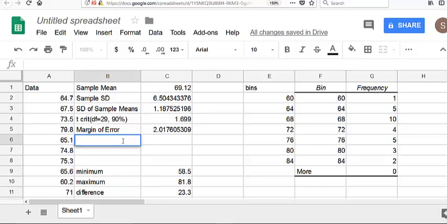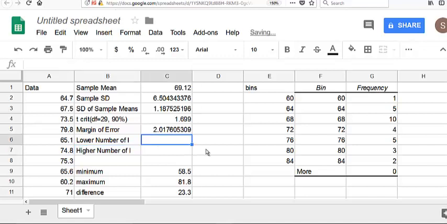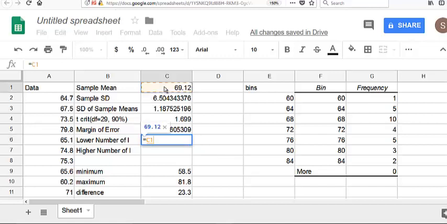So we'll say, what do we want to call that? Lower number of interval, higher number of interval. So that these two numbers will define our confidence interval. So for the confidence interval, the lower number is the mean, 69.12